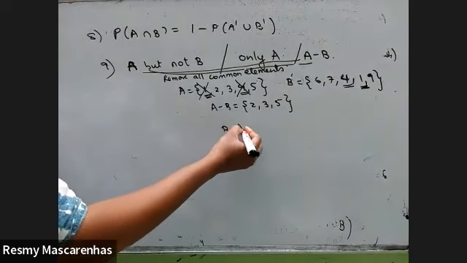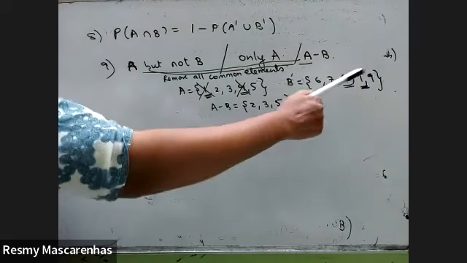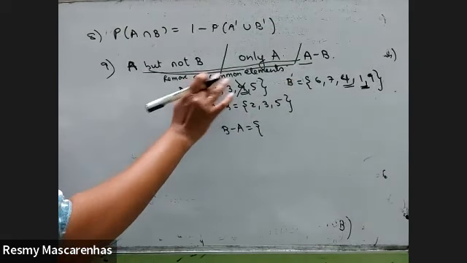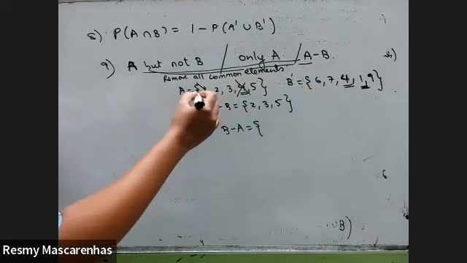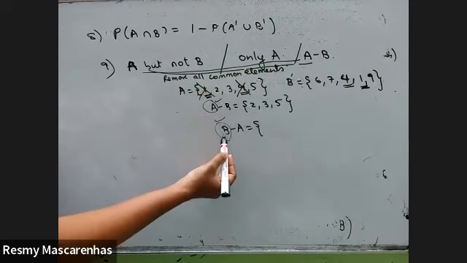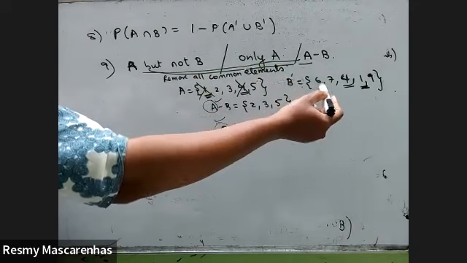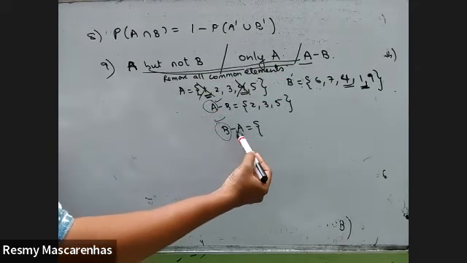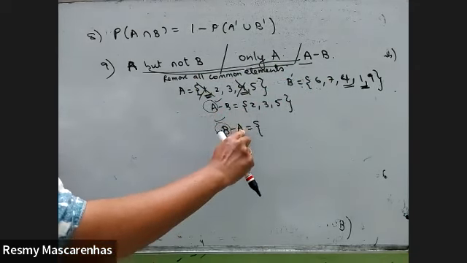A minus B is not the same as B minus A. I want to find B minus A. What does it mean? B is upset with A. It always goes with reference to the first one. Now B doesn't want anything to do with A, so he wants to remove everything that belongs to A. Minus means remove. So what is belonging to A? This. So he will remove it and throw it off. So what remains is 6, 7.